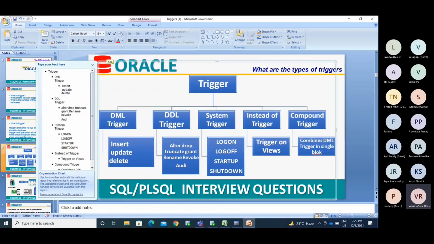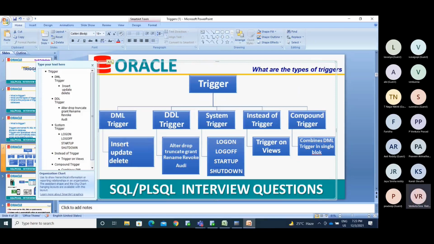When you are performing a DML operation on the table, the trigger will automatically fire.